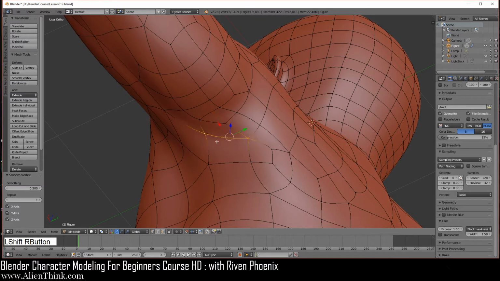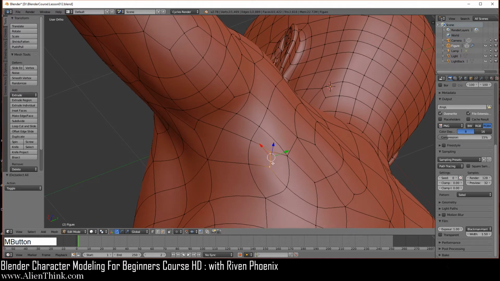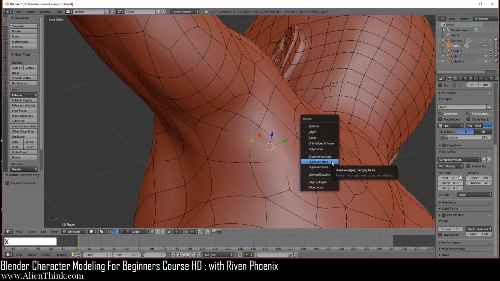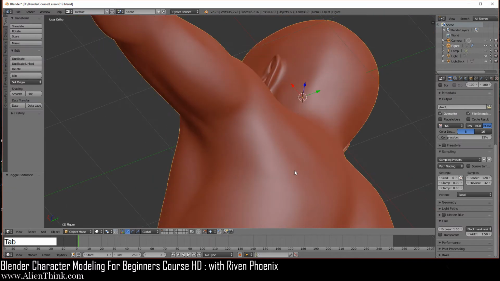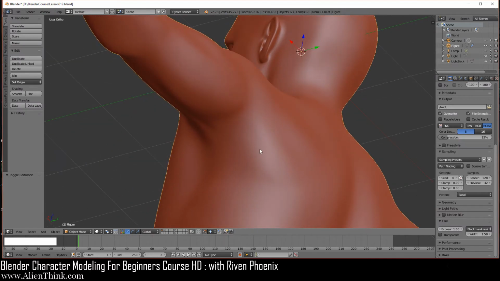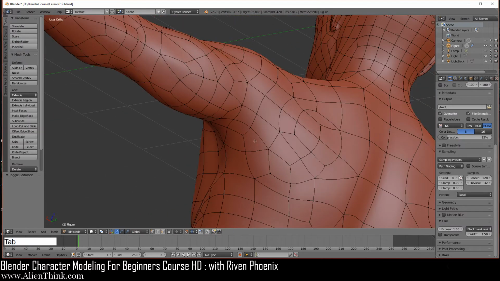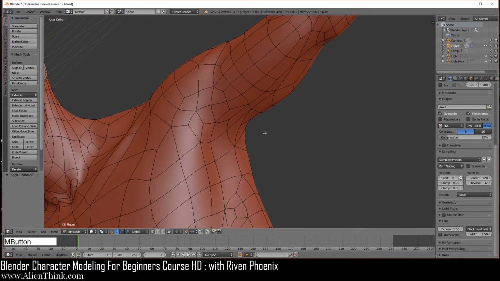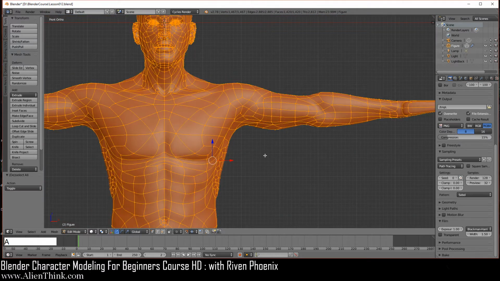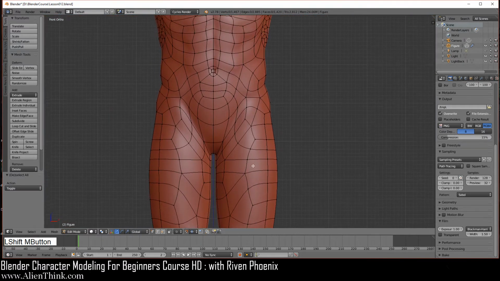Select this edge, do Control A 1 2, A to deselect, and then select this edge over here, X, and dissolve this edge. Then click on these two vertices to select this edge, Control A 1 2, click on this one, X, and dissolve this, A to deselect. If you do Tab, you can see that we simply got rid of stuff that we don't need, right? Everything else we're going to leave be over here. Okay, so A to select, A to deselect everything.